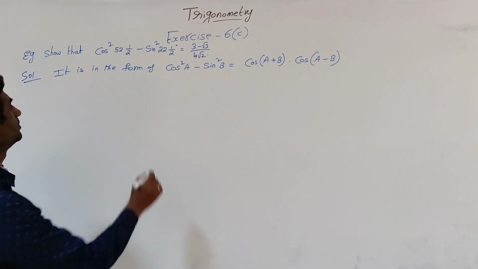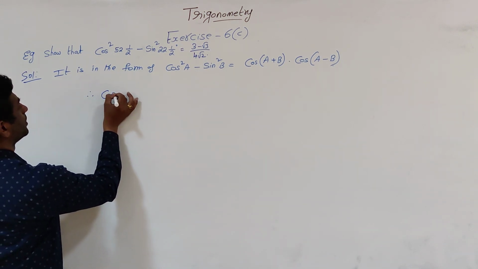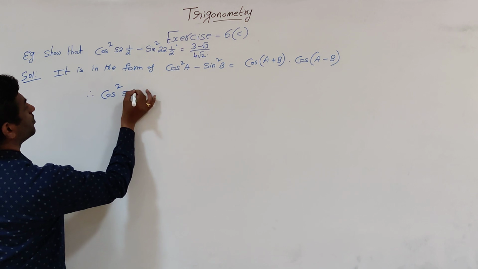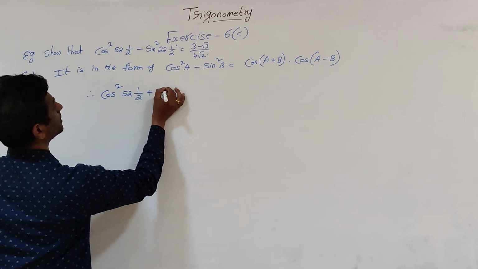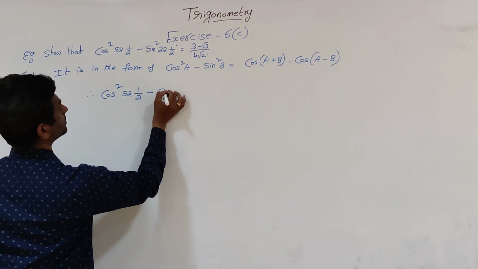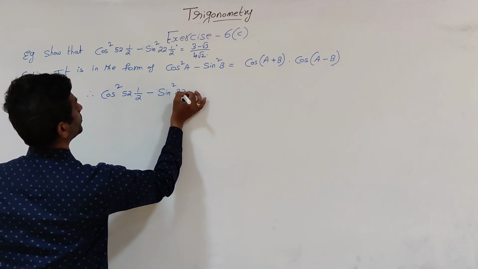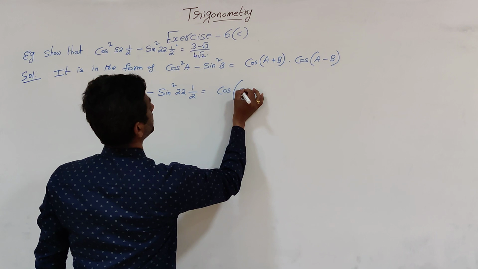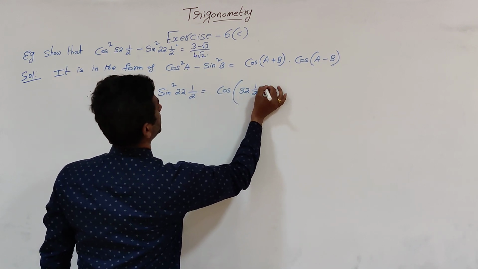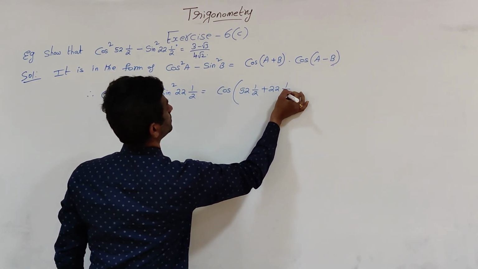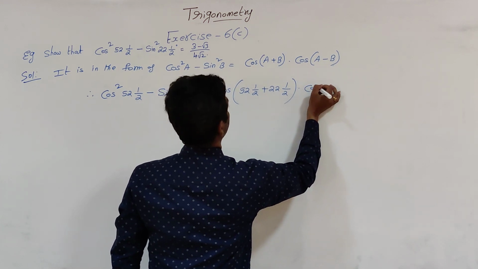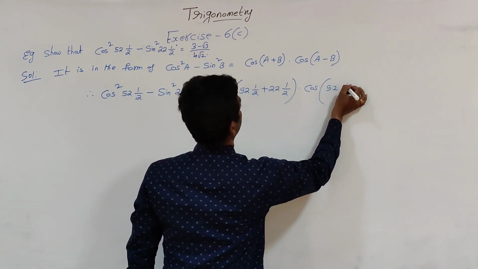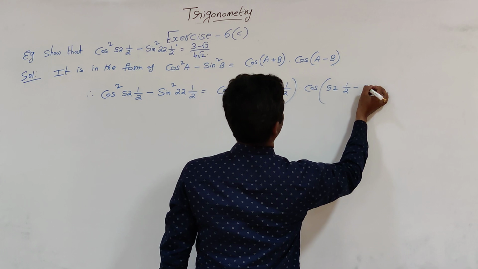If you substitute, therefore cos square 52.5 minus sin square 22.5 is equal to cos of A plus B, 52.5 degrees plus 22.5 degrees, into cos of A minus B, 52.5 degrees minus 22.5 degrees,